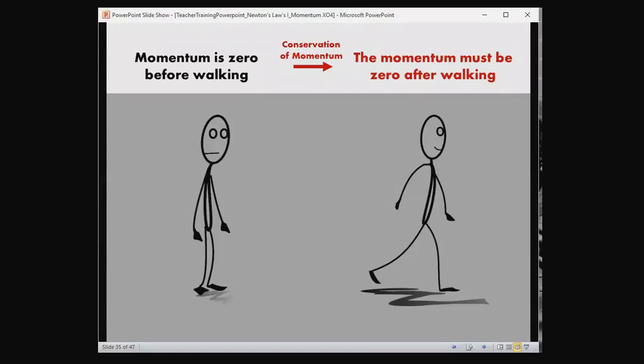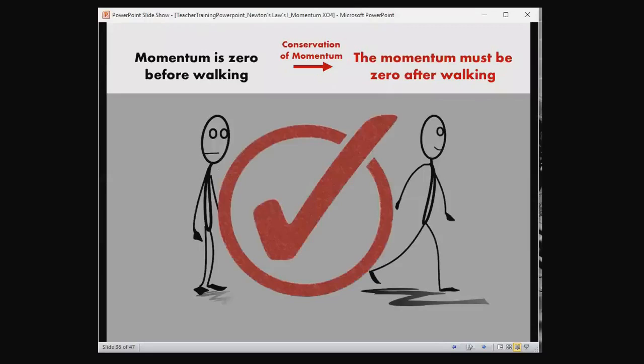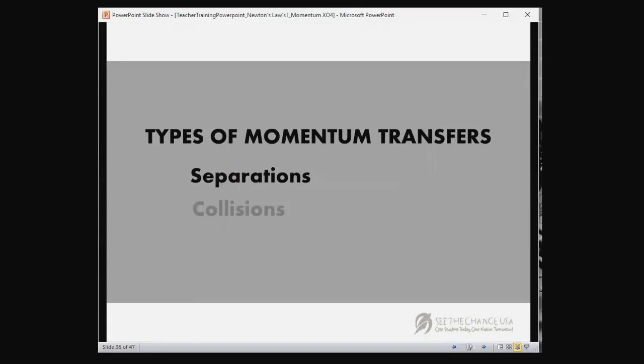So it's a good thing too, because walking obeys the conservation of momentum. So that about does it for separations. So now we're going to get into collisions, and we're not going to go too deeply because the mathematics in collisions can get a little complicated, but we're just going to go through this topic on a very intuitive level, and we're going to ask, how is